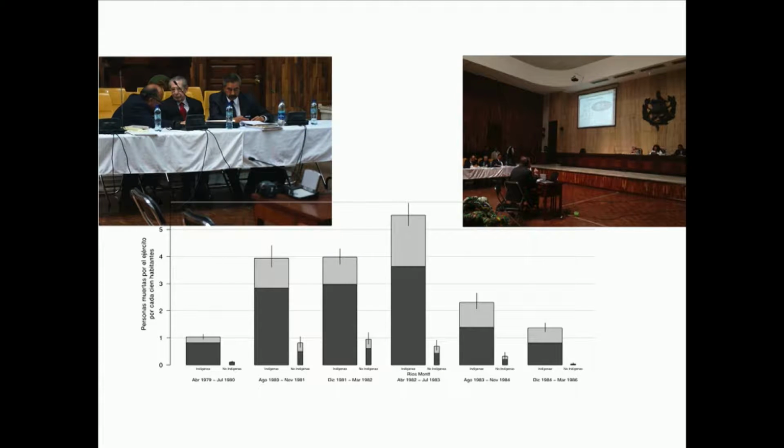He also testified in Guatemala in 2013 against General Efrain Rios Montt, the former de facto leader of Guatemala in the 80s. And here he's presenting a comparison of the relative risk of death for members of the indigenous population as compared to members of the non-indigenous population. And this comparison allowed lawyers to make an argument that the patterns of violence were consistent with what you would expect to see with targeted killing aimed at a specific ethnicity. So patterns of violence that would be consistent with acts of genocide.